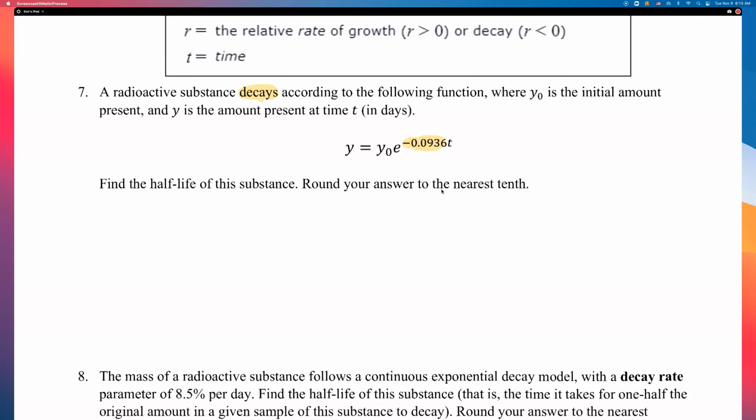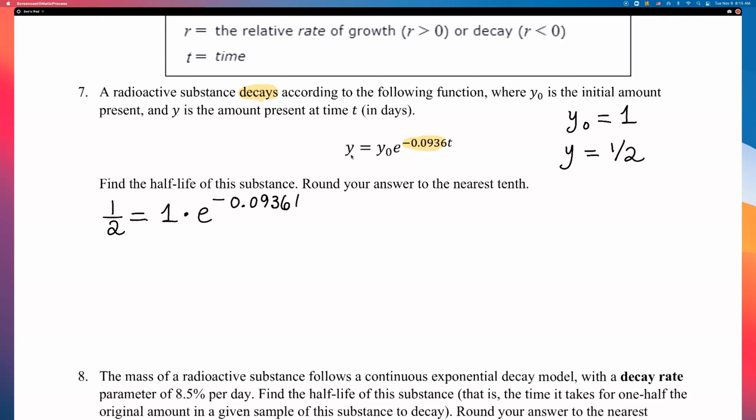Instead of using the half-life formula, which I didn't give you just yet, I'm just going to set it up and solve for it, and we'll see what the half-life formula looks like. I will say y sub 0 is 1. Let's say that we have 1 gram of this substance. Half of that is just 1/2, right? So I'm going to set y sub 0 equals 1 and y equals half, and I'm going to solve that. On the left side, let me put half. On the right side, I will put 1 times e raised to the negative